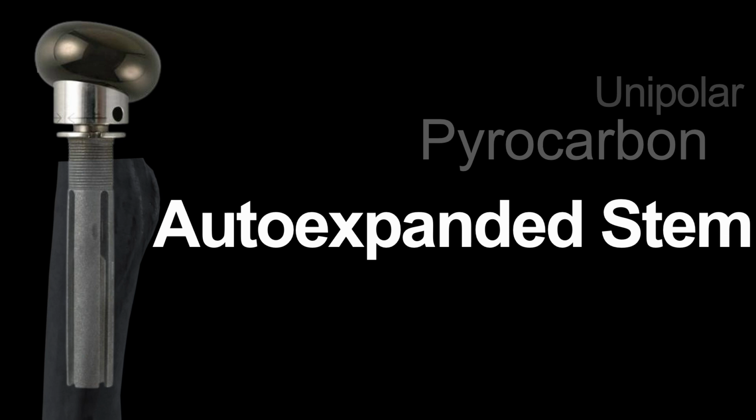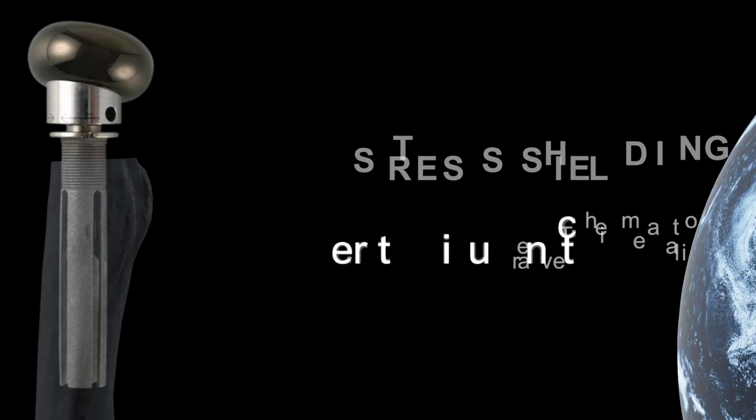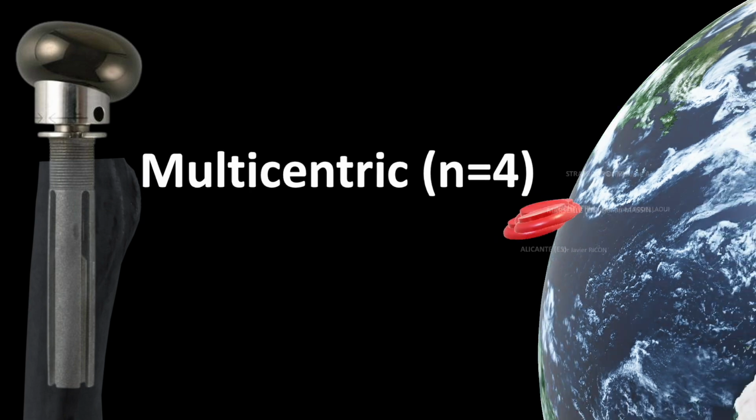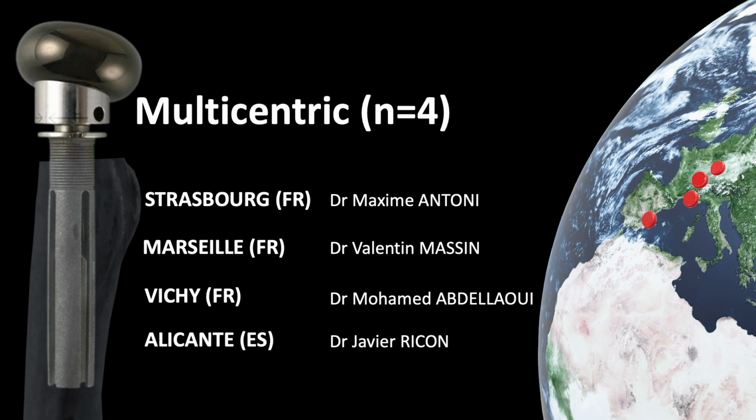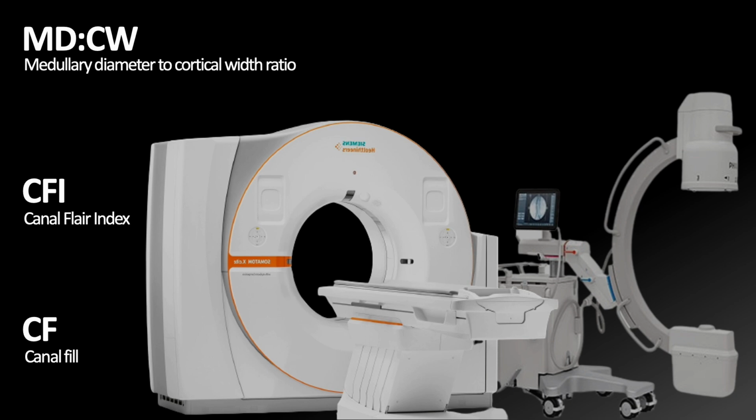To investigate the impact of preoperative bone cavity on the onset of stress shielding, we conducted a retrospective multicenter review involving 4 European hospitals. We sought to assess if the medullary diameter to cortical width ratio, the canal flare index, and the canal fill of the proximal radius were associated with the presence of stress shielding after a MOPIC radial